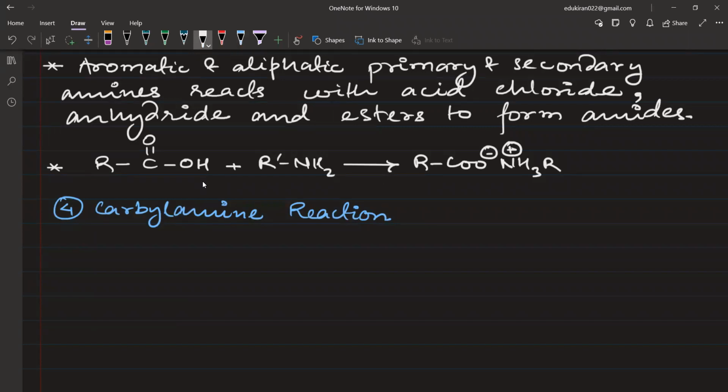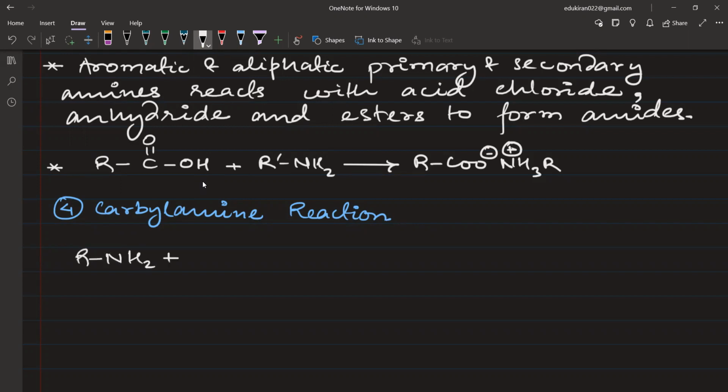This reaction is also used for the test of primary amines. This reaction is only given by primary amines. We need 2 hydrogens attached to nitrogen, and that is only possible if you have a primary amine here. That is why it is sometimes known as the carbylamine test. If you have any primary amine,